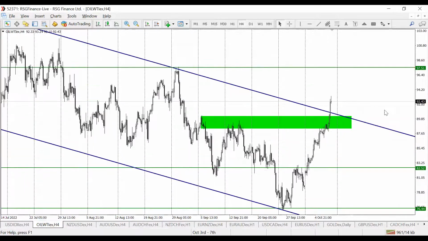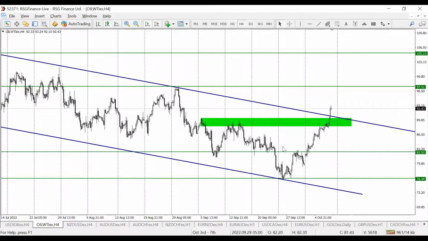And of course, for those of you that have been following my trading, this is a very good trade setup for me. Once we see a break in a channel, I already know where the targets will be. So on the intermediate, I expect to see price rally up to the 97.51 level, and if it should break, then the next level will be